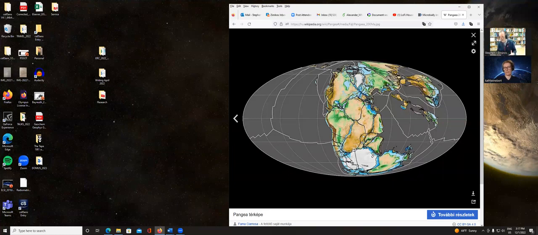Geologists saw this and said, well, it must be that new crust is being formed at these ridge axes, and that the new crust is recording changes in Earth's magnetic field strength. When the new crust forms and cools, it acts like a magnetic recorder.